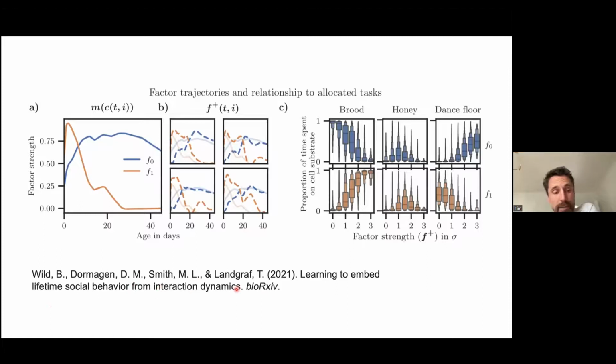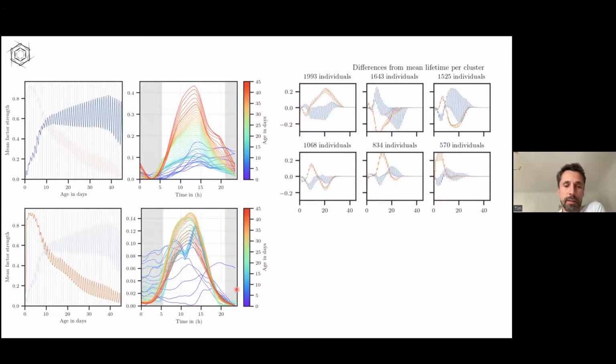And the good thing here is that we can now compare bees that have never overlapped in their lives, and we can compare bees that have never even lived in the same colony. And this is the remaining gap that we had in the network age paper. And we could also use this model to look at intraday variation, so circadian activity. Yeah? So this is a model that Ben trained, I think, with a resolution of half an hour or maybe 1 hour or so. And you see nicely that there's a lot of variation early in life, but even more strongly later in life.